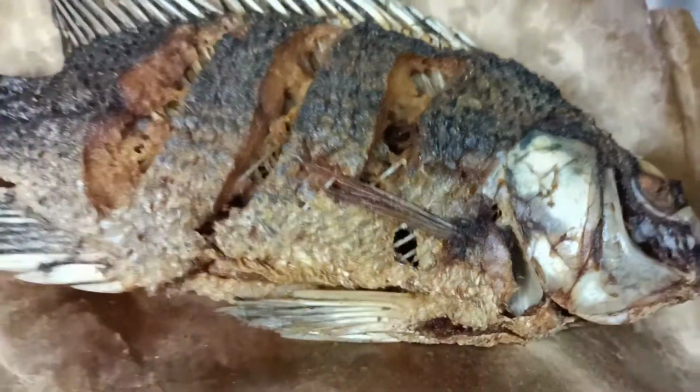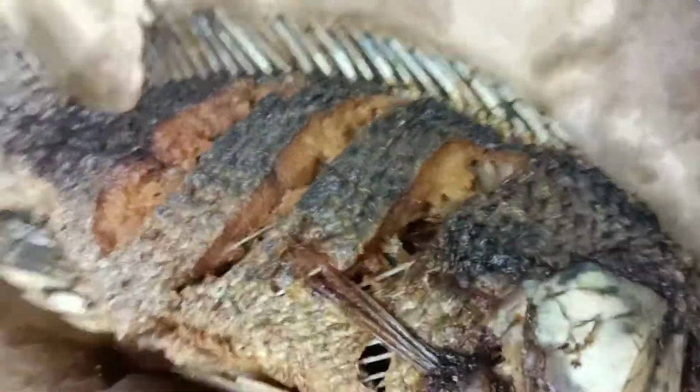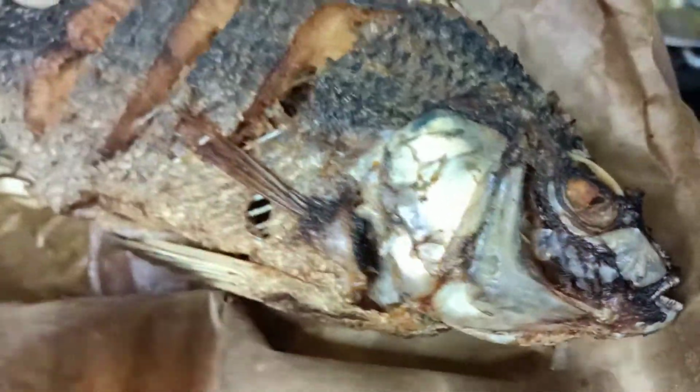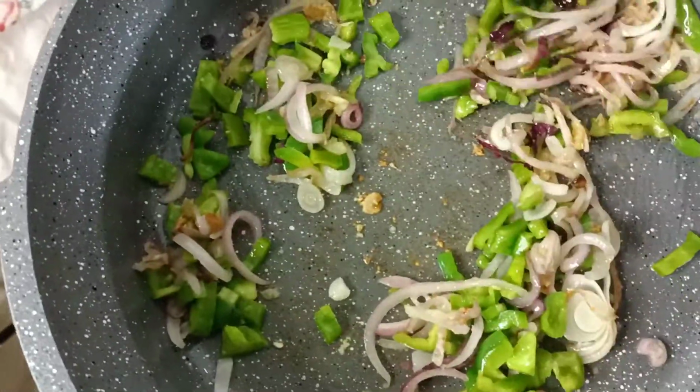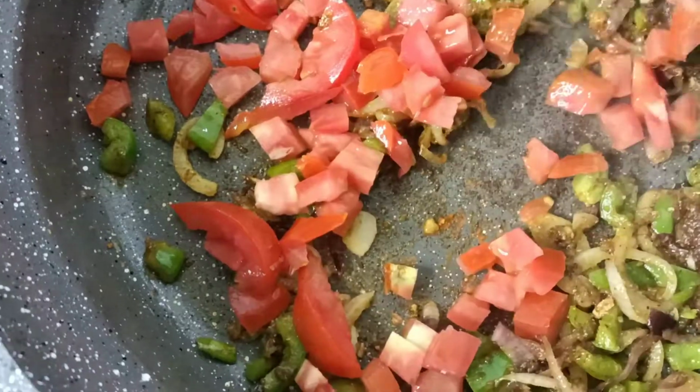So you'll definitely need tilapia, which is a fresh water fish in Kenya. This has already been deep fried, so you can either buy it raw and deep fry it yourself, or buy the deep fried type. Then what you want to do next is to fry your onions, your capsicum, garlic and